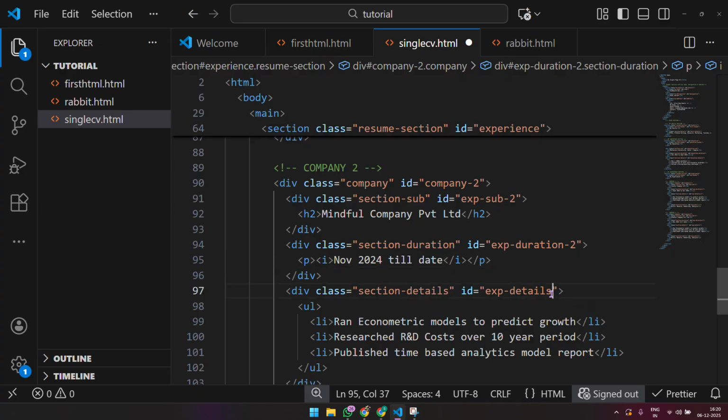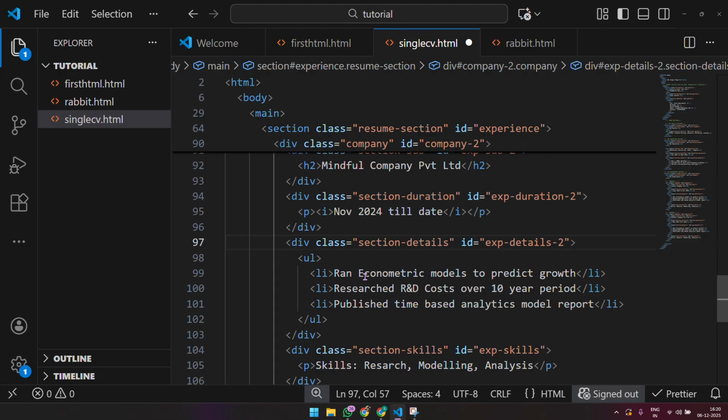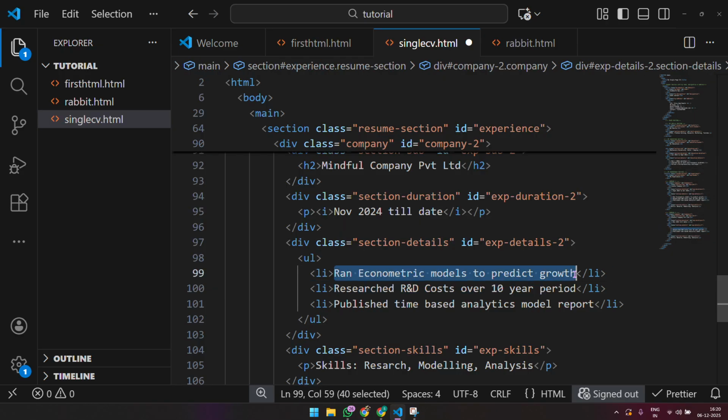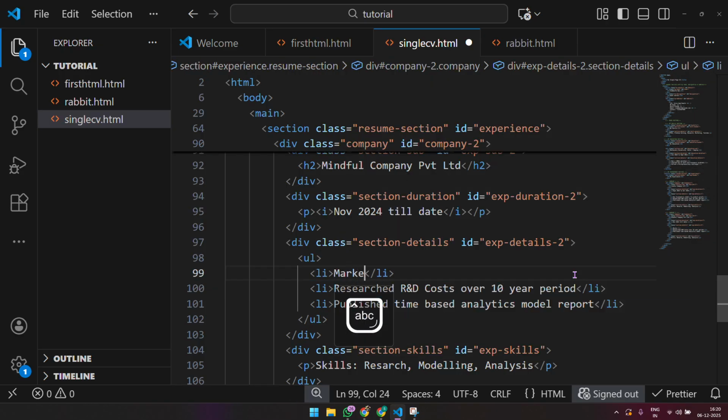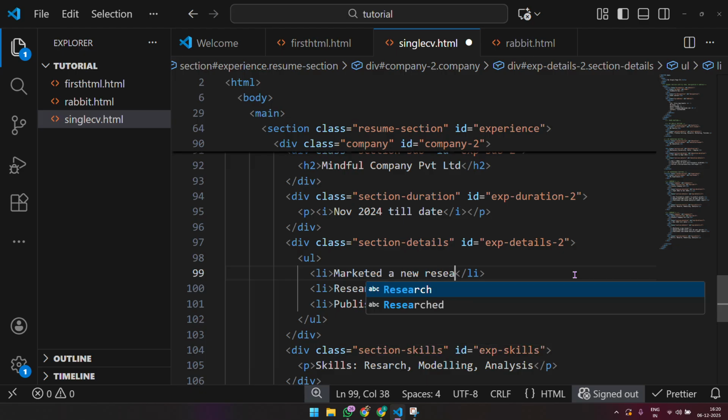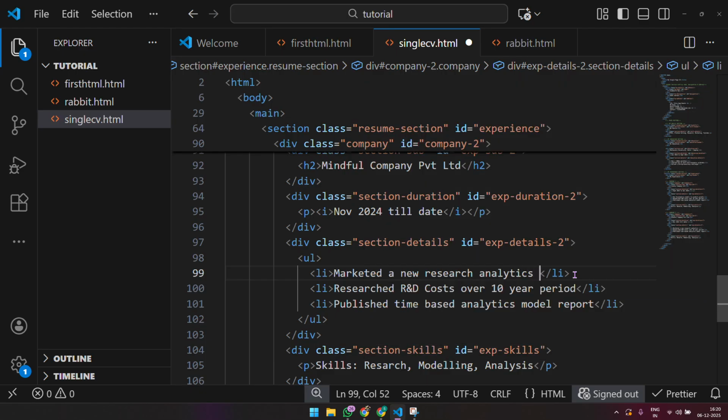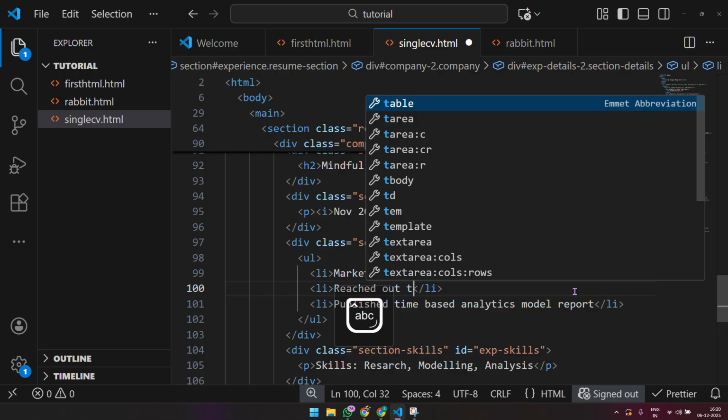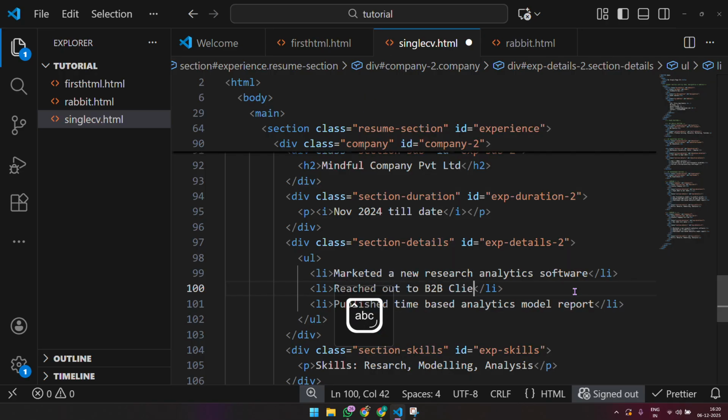And this is experience details 2. We'll change this text to: marketed new research analytics software, reached out to B2B clients in the consulting industry,